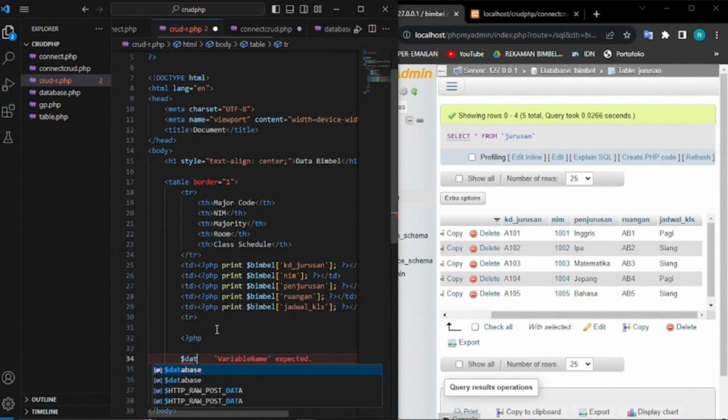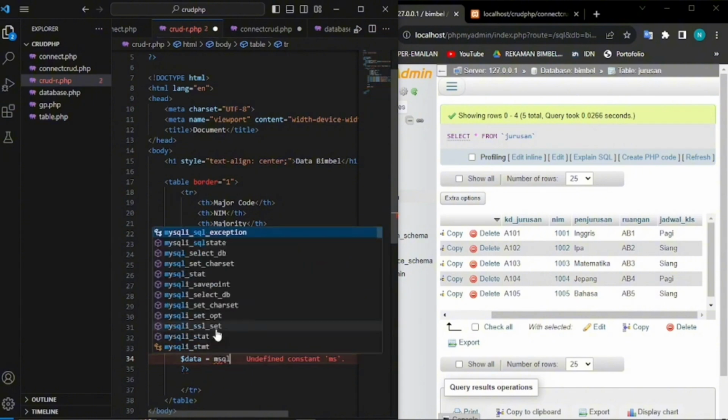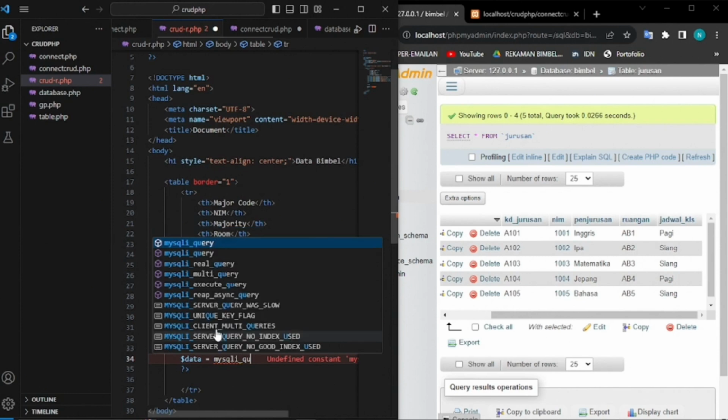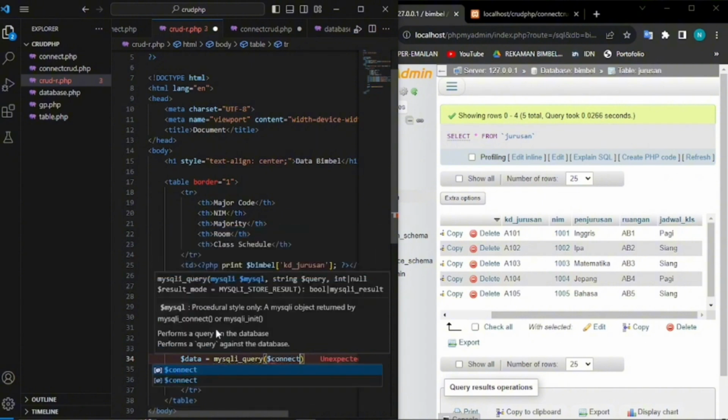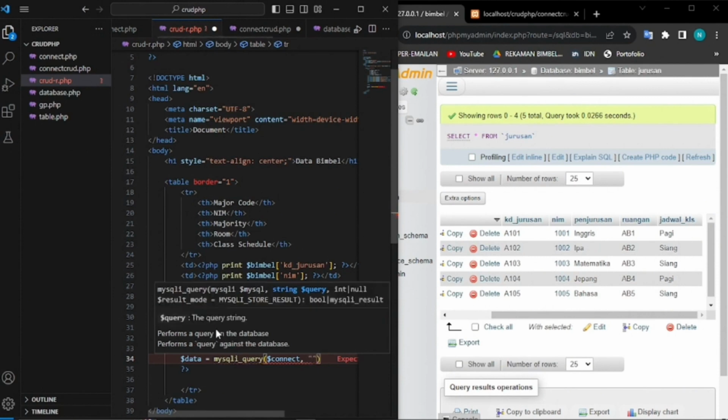I'm gonna write data, MySQL query, and then inside it call it connect, and then because we want to